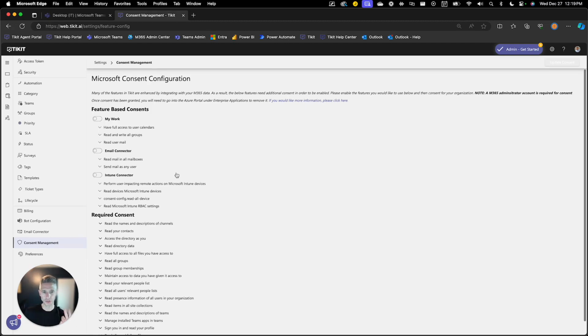The third feature here is the Intune connector. The Intune connector allows for Ticket to read into Microsoft Intune and surface any devices that are associated with a user. And that gives us the ability to further troubleshoot in the context of a managed device from Intune. We see those managed devices in the users area, as well as when we're working on tickets in the ticket area. So when we're troubleshooting a ticket, we'll see a user, we can click on them, see their managed devices,